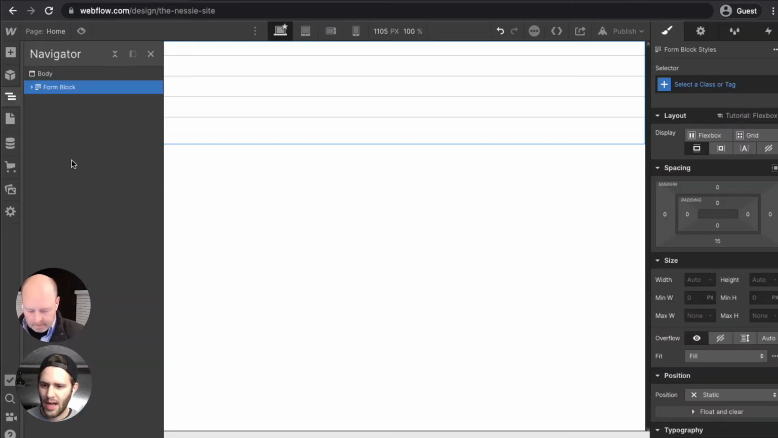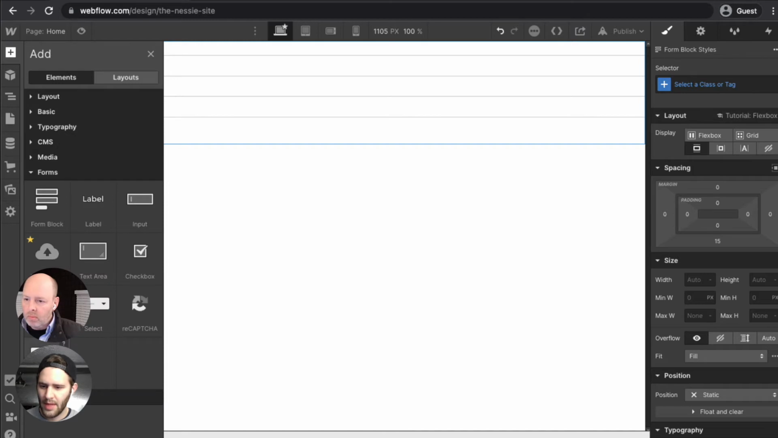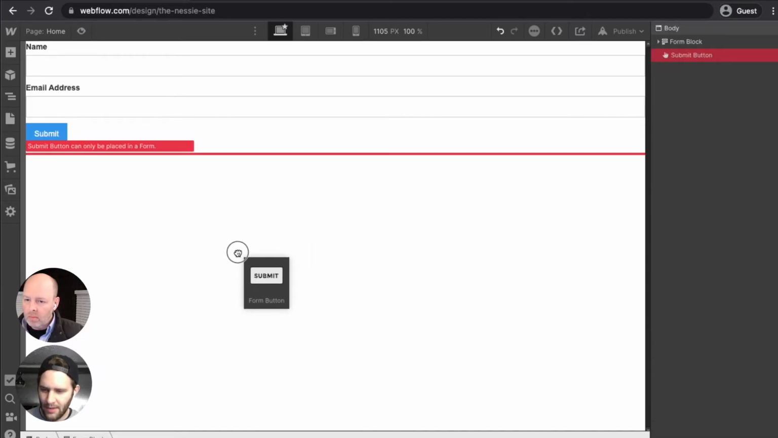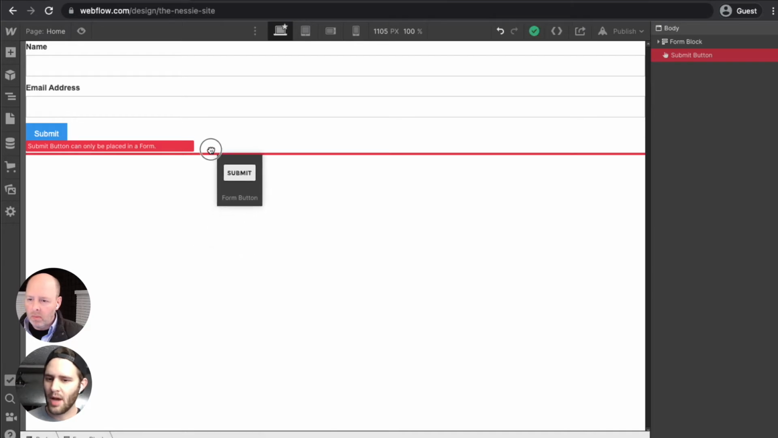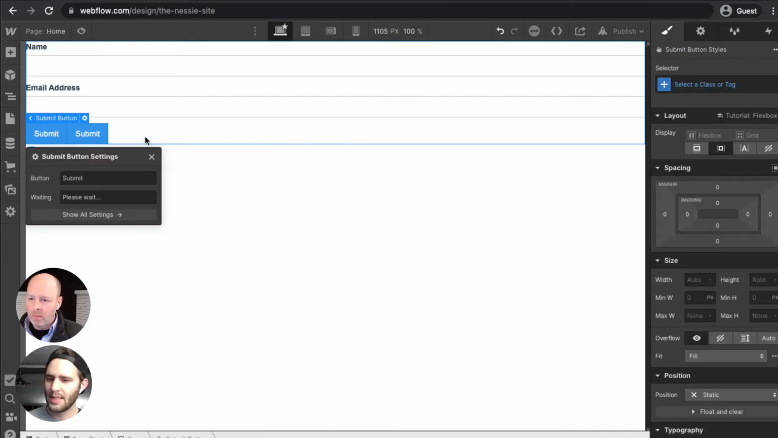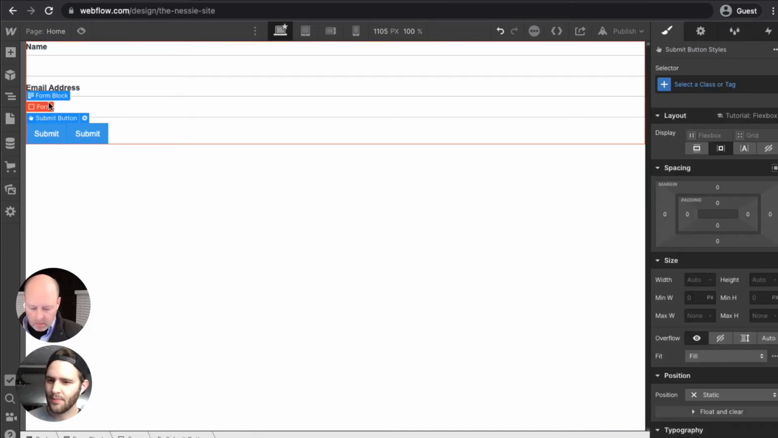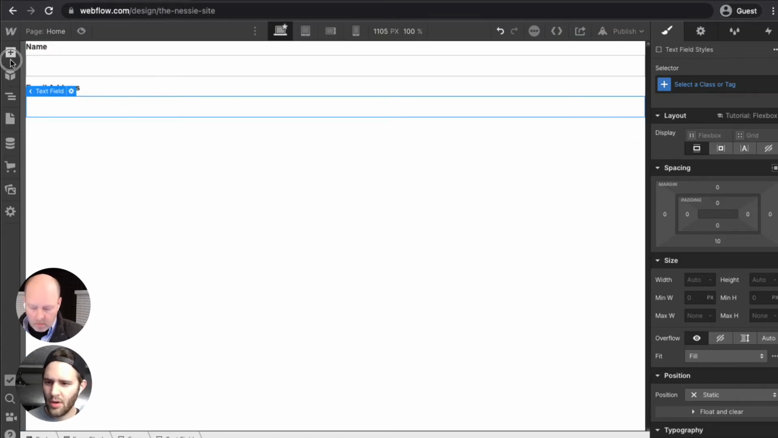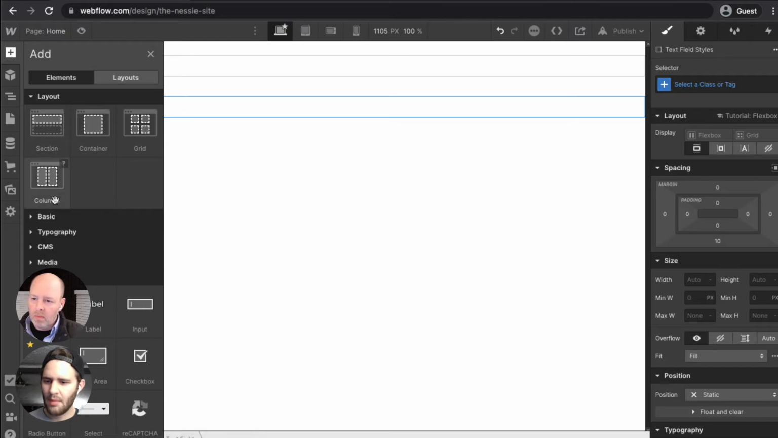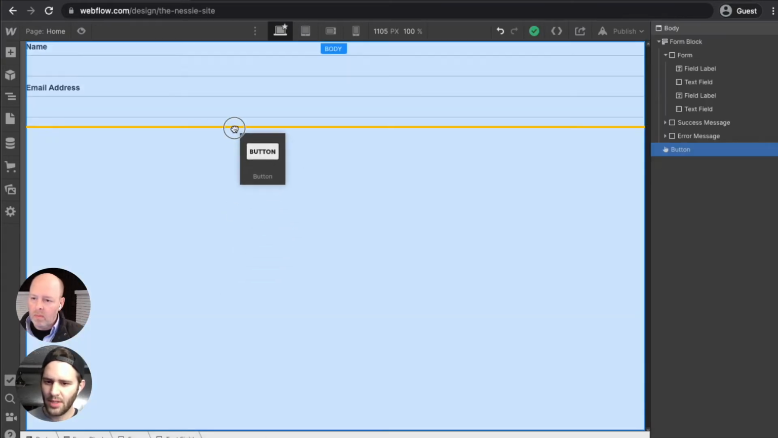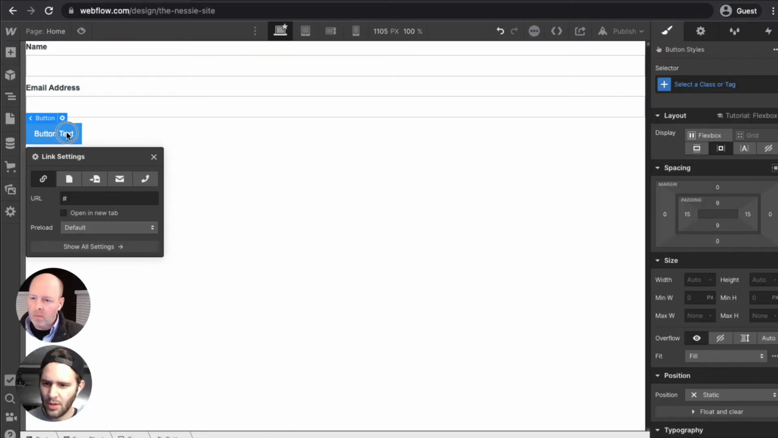So for example, if I try to drag this submit button outside of the form, you can see this red arrow: submit button can only be placed in a form. So I have to go up into this form block and submit it. Yep. So let's say you didn't have a submit button, and you go, all right, I want to add a submit button to